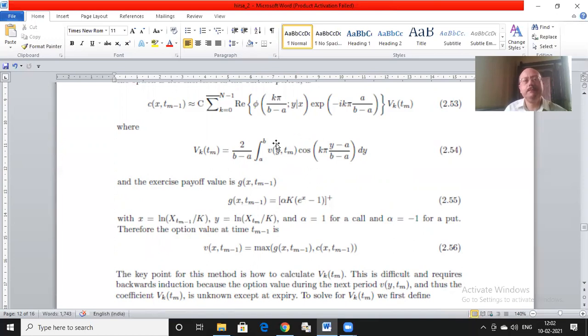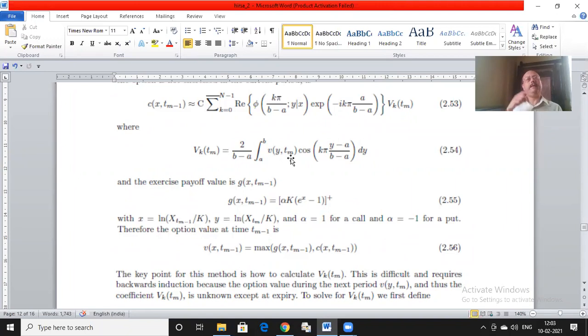Is this clear to all of you? That here I should have the remaining time. Instead of the whole of capital T, now it is only T minus Tm. Otherwise, the formula remains the same. The input is changed. The input is now Vy and the remaining time. Is it clear? So this is the continuation calculation.